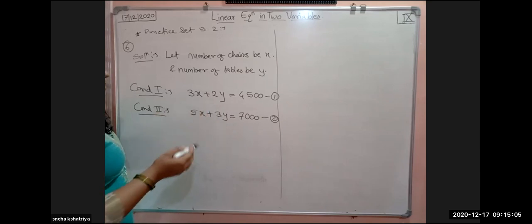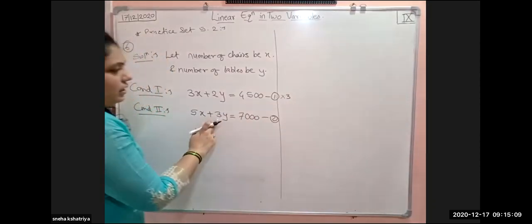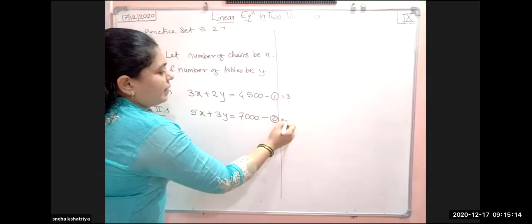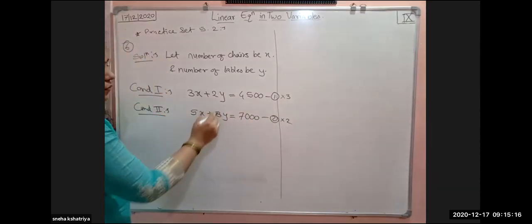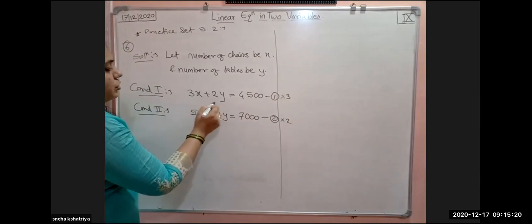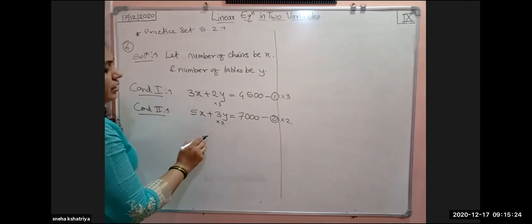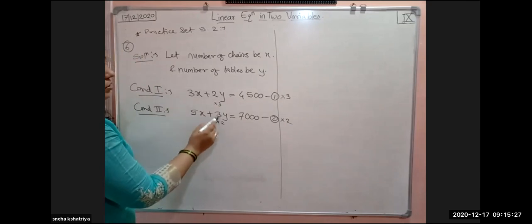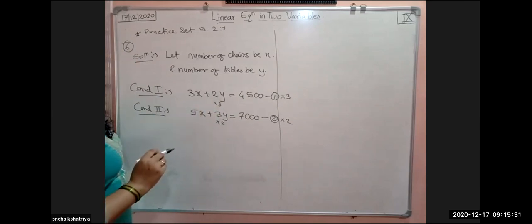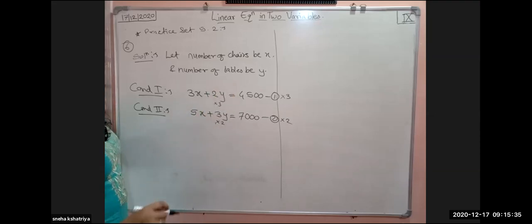Then how are we going to cancel? So we have to multiply this equation by 3. Equation 1 multiply by 3 and equation 2 multiply by 2. So if we want to cancel y, this y should be multiplied by 3 because 3 2s are 6. And here we have to multiply by 2 because 3 2s are also 6. So here will be 6y, here will also become 6y, and taking subtraction, this y will get cancelled.